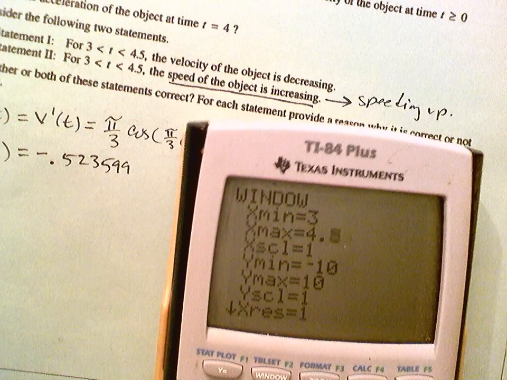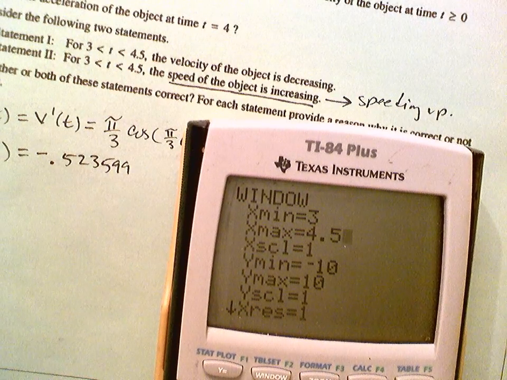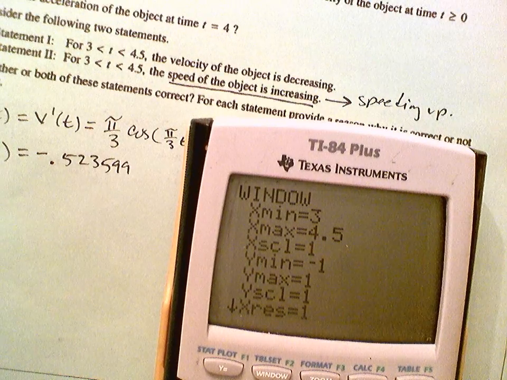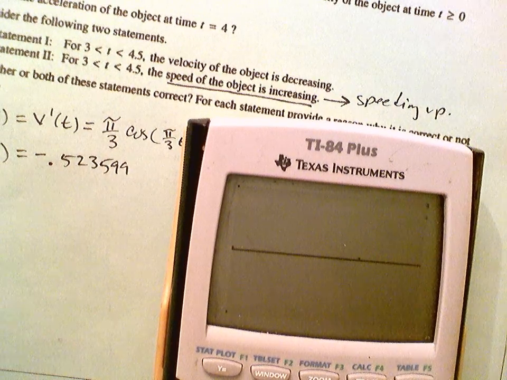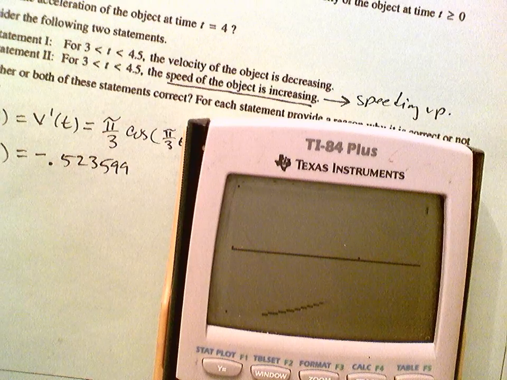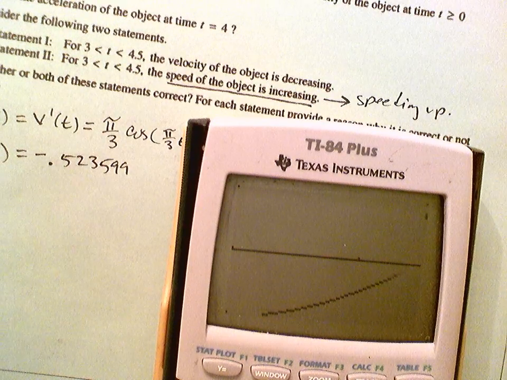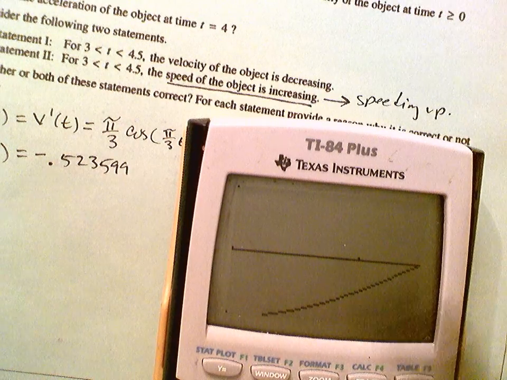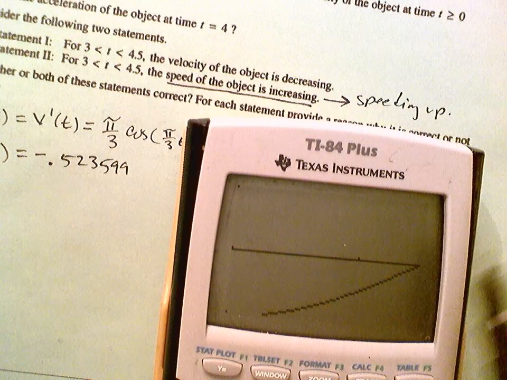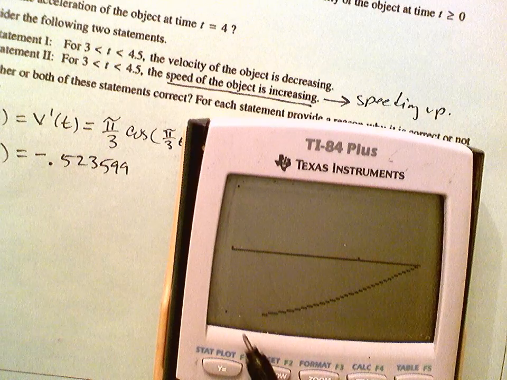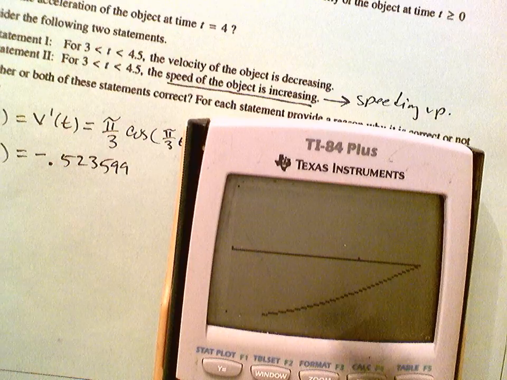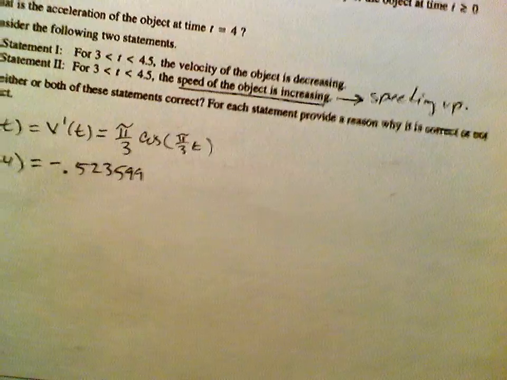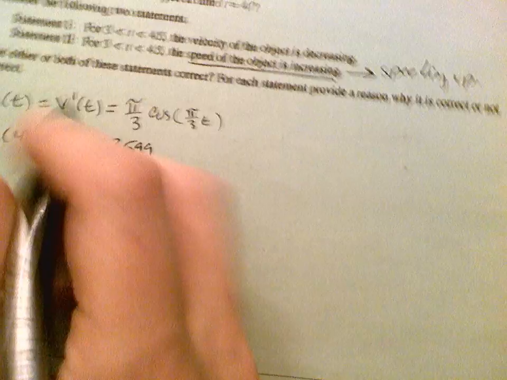3 to 4.5 seconds. And then I know the amplitude of this is not that high, so I'm also changing the y min and y max so I can see it better. Okay, so as you can see, this is the acceleration graph. Okay, I graphed the acceleration. On this interval, it is completely below the x-axis. It is completely negative. So the answer is that